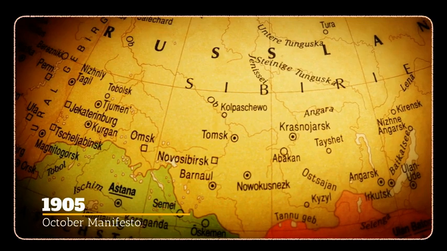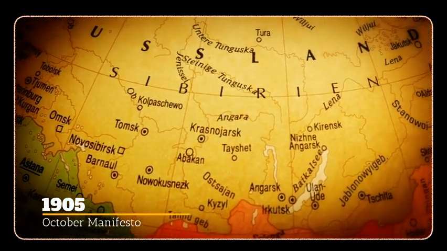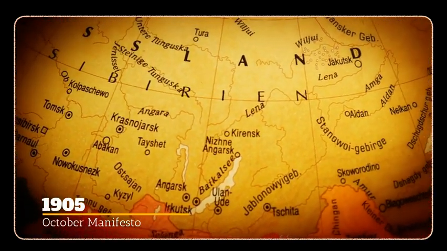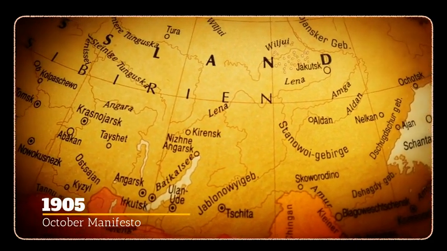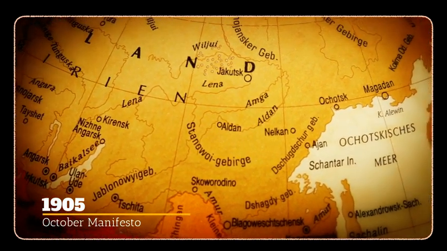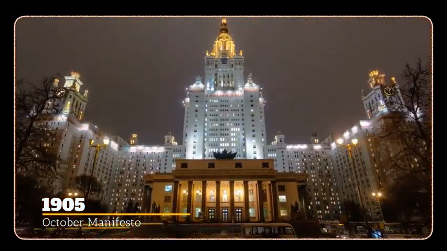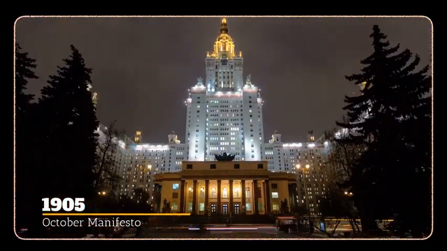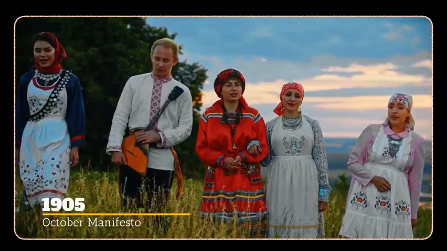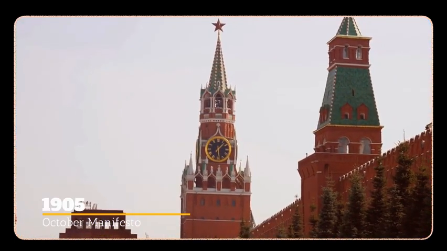In an effort to address the concerns of the populace, though, on October 30th, 1905, Tsar Nicholas II issued what's known as the Manifesto on the Improvement of the State Order, more commonly known as the October Manifesto. In this manifesto, he pledged to grant basic civil liberties to the population based on principles of such things as freedom of conscience, speech, assembly, and association, to establish a two-house legislative body somewhat similar to British Parliament or United